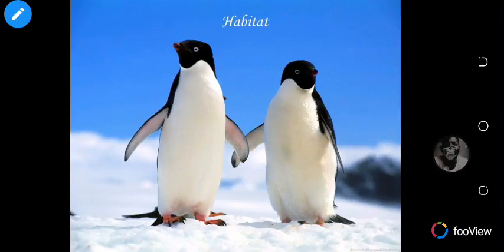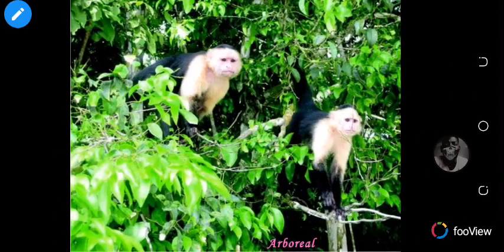So for example, animals adapt to their environment. With penguins, for example, you realize that they live in the polar regions, in the cold regions, and because of their body and their skin, they can actually live longer in those regions. Monkeys are also adapted to living in forests and trees, that is arboreal regions where there are a lot of trees. So monkeys are adapted to living in tropical forests and plenty of trees, and this is where they actually survive long in.